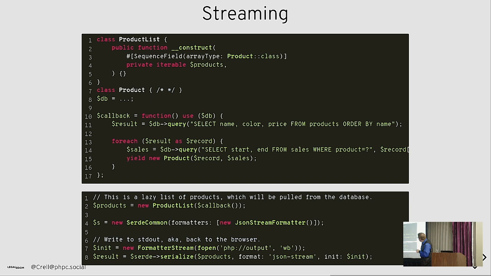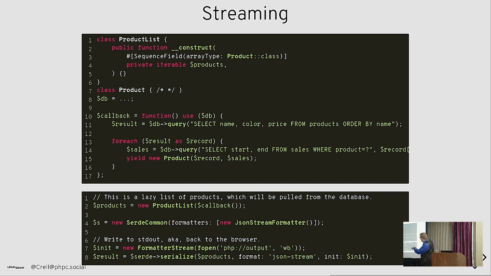For a more complex example, we have a product list that we're going to serialize, and we have a sequence of products that is iterable, and we're going to have a generator here, note the yield, that's going to lazily produce product objects. This is a trivial example. You wouldn't do it this way for something this simple, but imagine that creating a product is more involved than this. Then we have our product list object, which has a property that is generator.